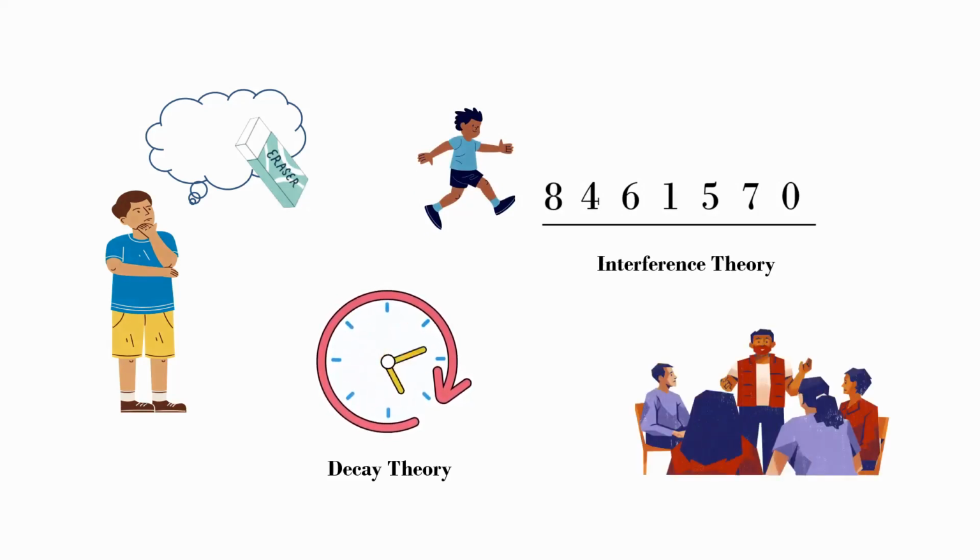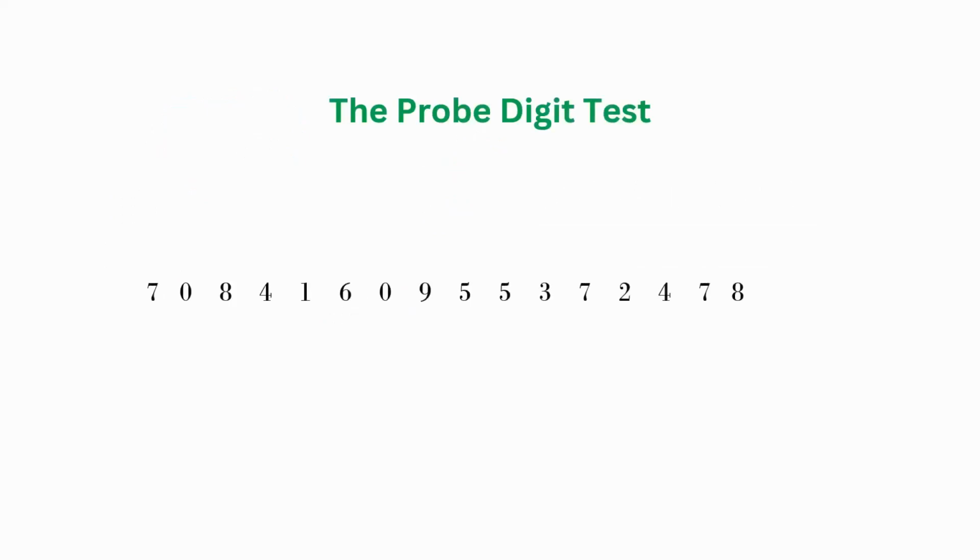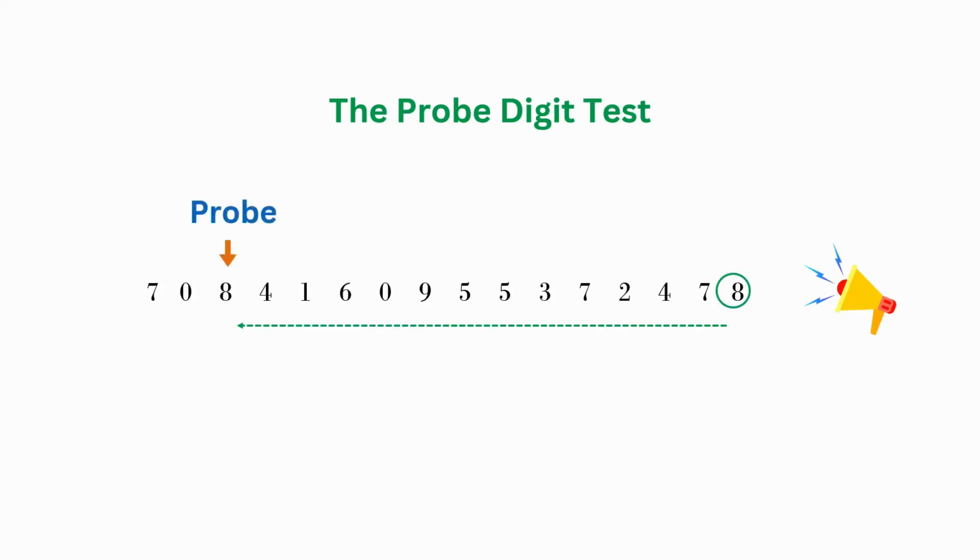the probe digit test. In the probe digit test, the participants were presented a list of 16 digits. After the last digit, the participants would hear a tone. The tone is a signal to recall one of the digits from the list. The last digit before the tone occurs only once at an earlier point in the list, and this digit is known as the probe digit. The subject's task is to recall the digit immediately following the probe. So here the last digit is 8, which occurs only once in the list. So this is the probe digit, and the participant's task is to recall the digit immediately following the probe, which